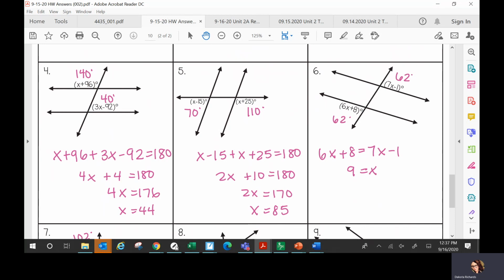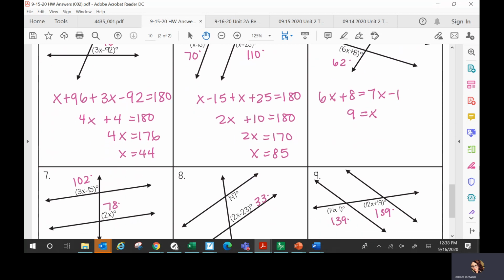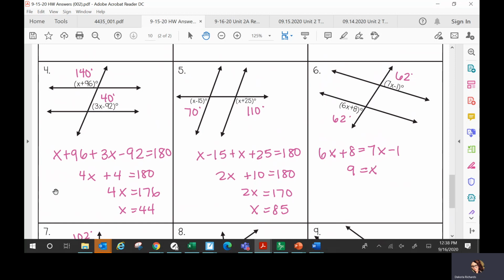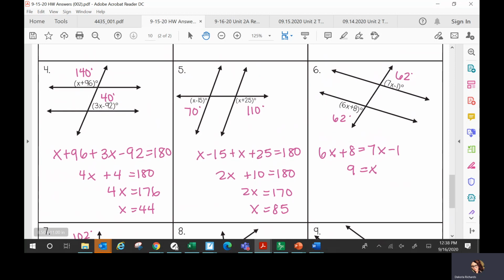Number 5, x is 85. Your angle measures are 70 and 110. Number 6, your angle measures are 62. X was 9. Any questions on those? Yes. Number 4. Yes. So